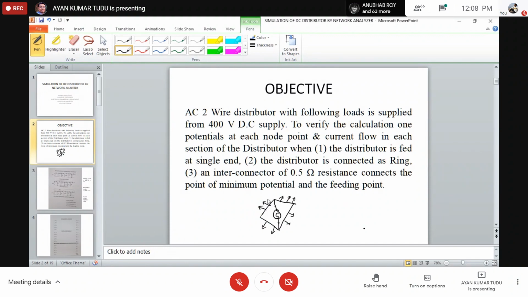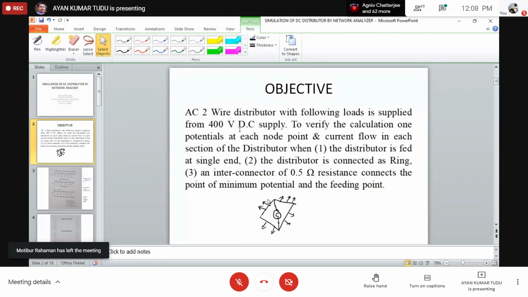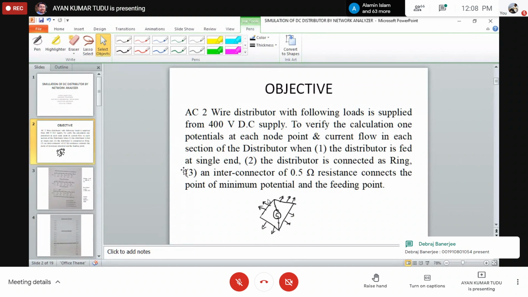Now what we'll be doing is this experiment. The name of the experiment is simulation of DC distributor by network analyzer. Why are we going for a network analyzer? Because it's not possible to have a huge distribution system in our small lab. So we try to simulate this 400 volt DC supply using a simple network analyzer, which is nothing but a connection of